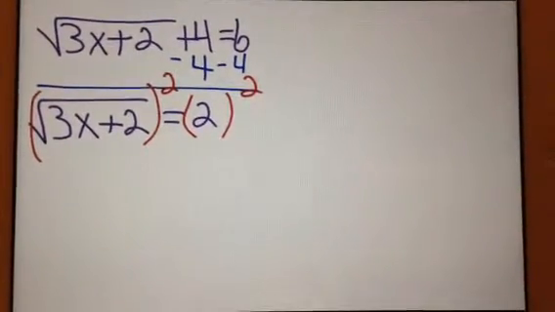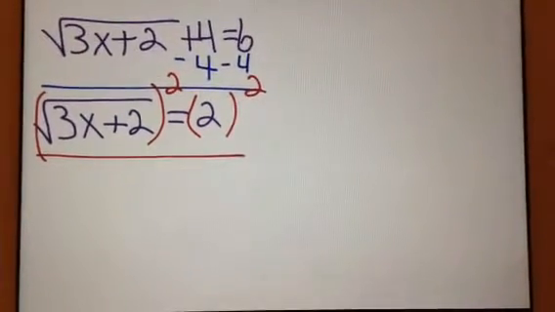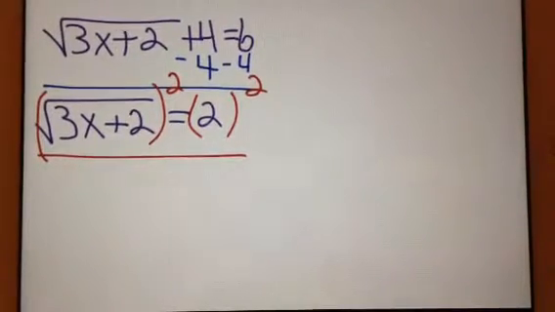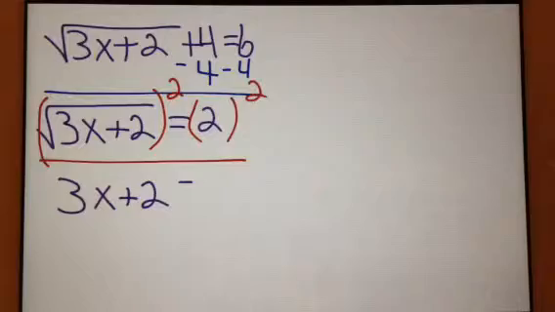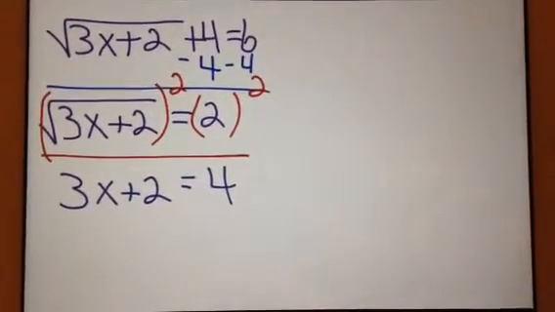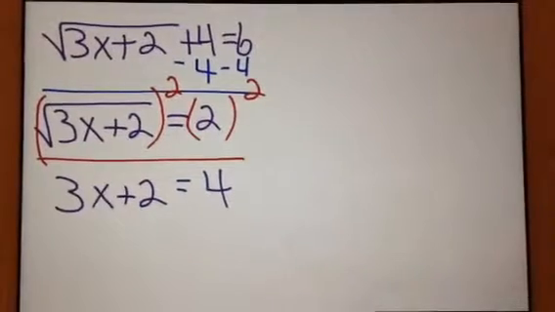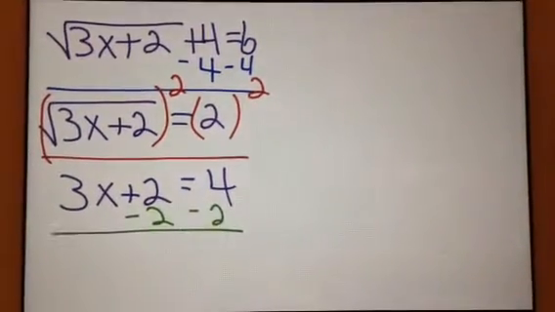Because remember, what you do to one side, you have to do to the other. Now after I square both sides, my 3x plus 2 is able to come out from under the radical sign. And I have 3x plus 2 equals 2 squared, which is 4. Now I am left with a two-step equation. I will subtract 2 from each side,